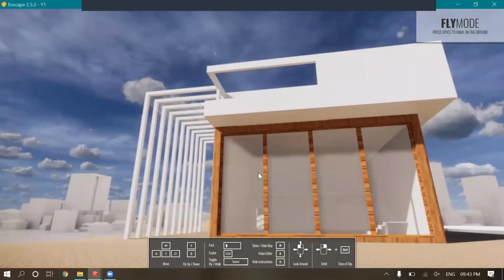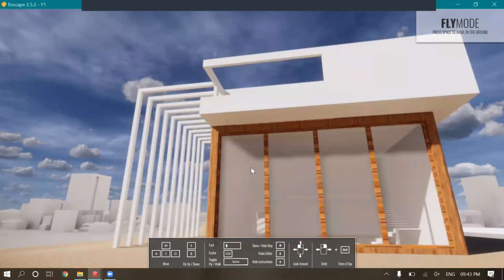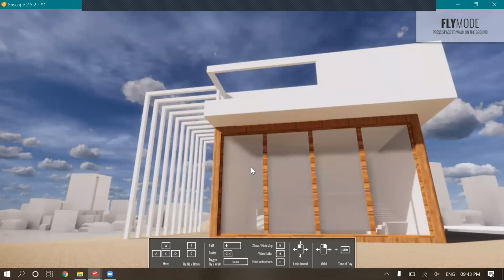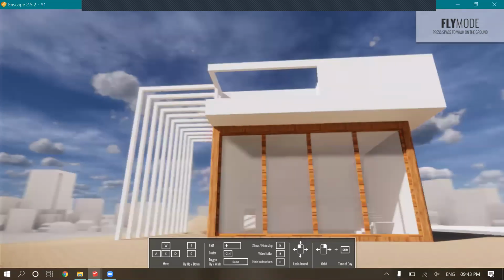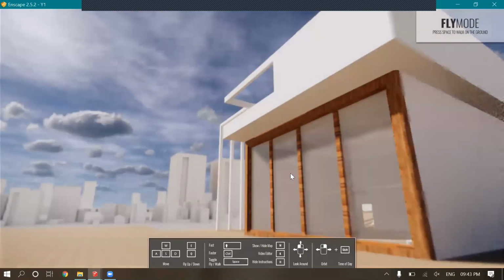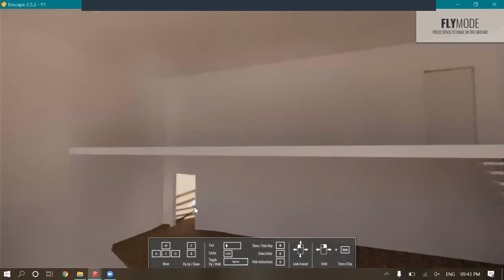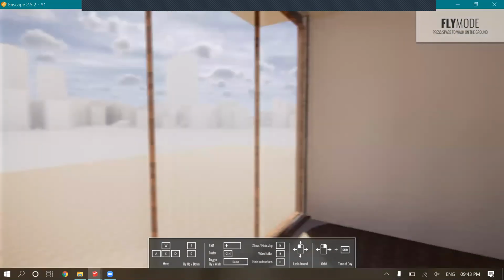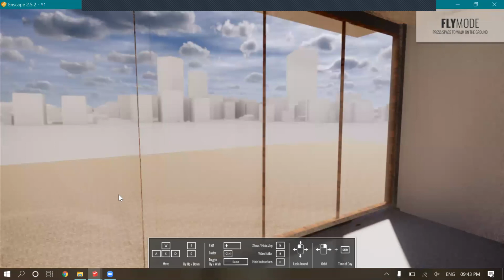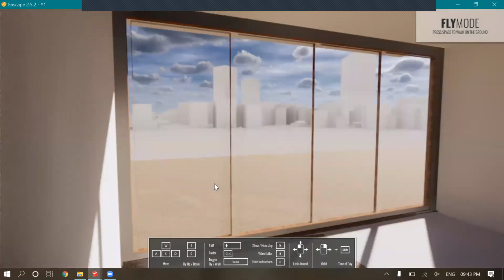Let's say you need to set the view of a rendered image. Let's say we need it from inside, from this part.